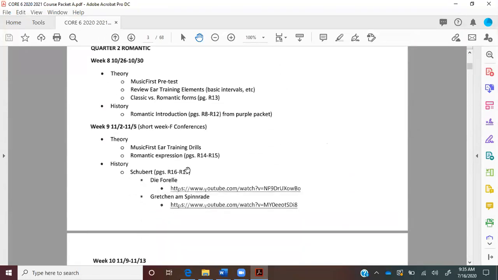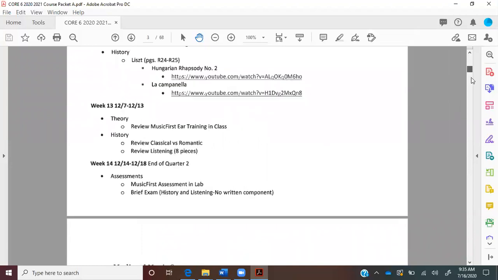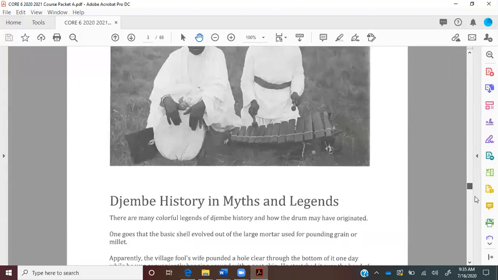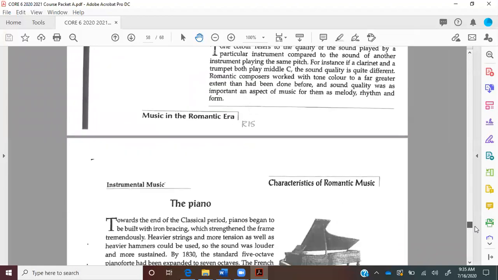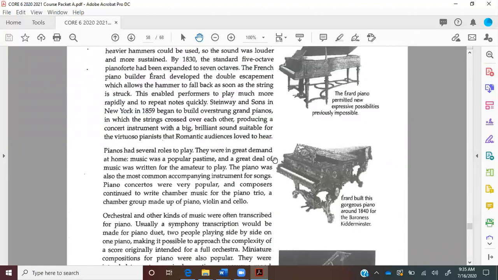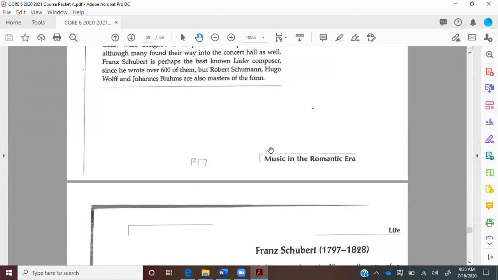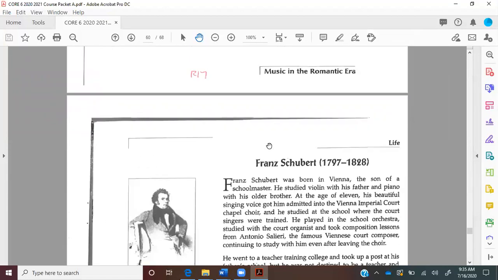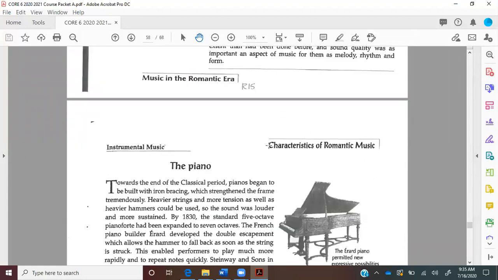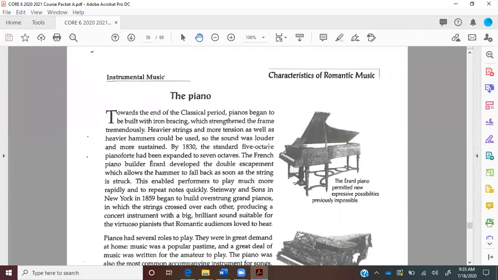Okay, yes, R16 through 19. I think there's quite a few pictures in there. Oh, okay, good. So we were just going on to song and then Schubert. Okay, great. So as we're talking about song this week, this is going to be more attached to the